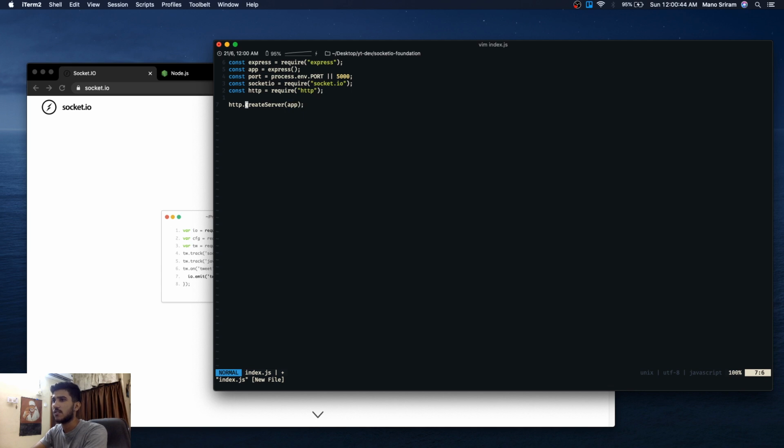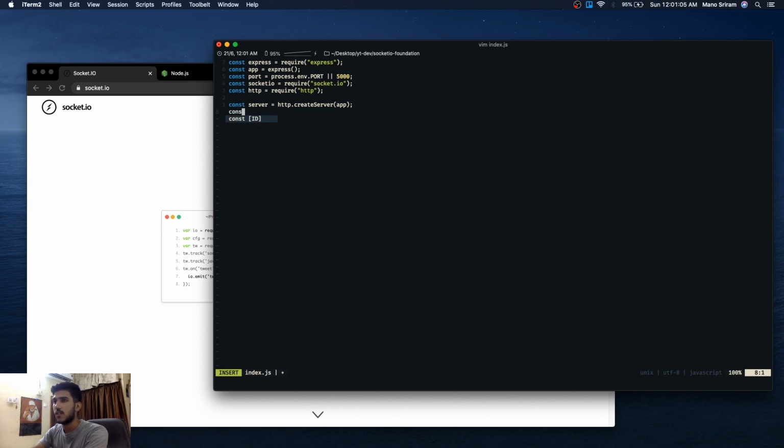Just creating this server is not enough. We have to store this somewhere. So I'll create a variable server and store that there. I'll save that. And after this, I want an IO connection, which is a socket connection which accepts clients and processes requests.